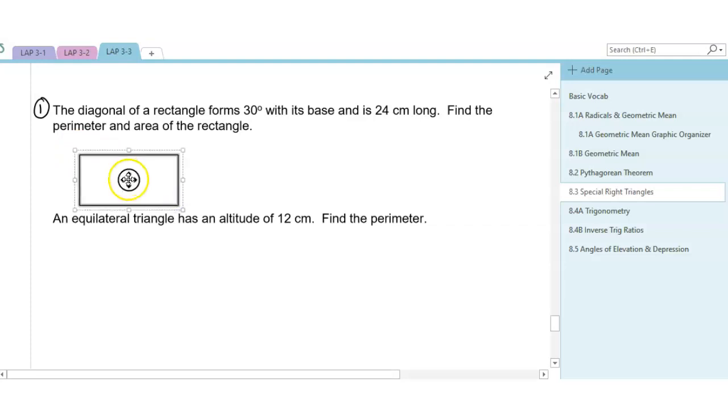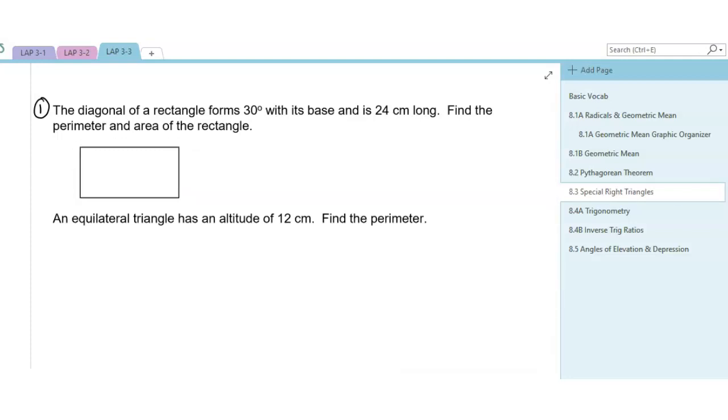And it says that the diagonal of this rectangle forms a 30 degrees with its base. And that diagonal is 24 centimeters long. So here's my diagonal. It's 24 centimeters long. And it's making 30 degrees with the base. Remember, a rectangle has a 90 degrees already in its corner. So you're looking at a 30, 60,